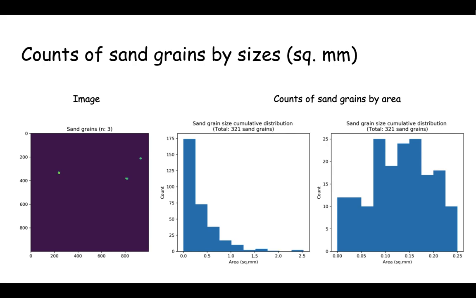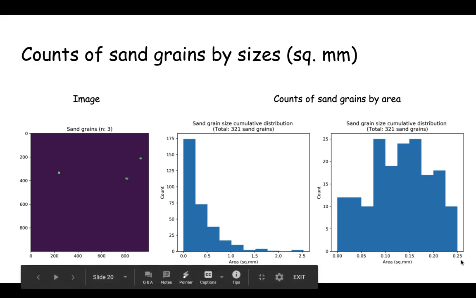Before we get on to looking at animations, I just want to show you what we are about to see. The animations are going to consist of three areas. On the leftmost side is the image that is being scanned. On the right hand side, there are two histograms. The histogram in the middle has an x-axis that goes from 0 to 2.5 square millimeters. However, the one on the rightmost side has a smaller x-axis that goes from 0 to only 0.25, and